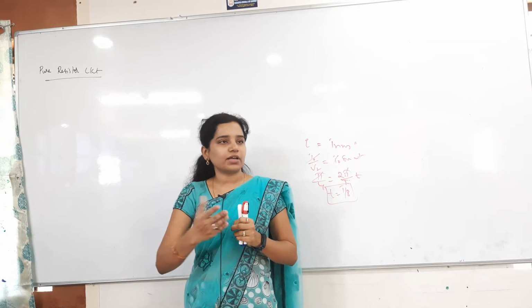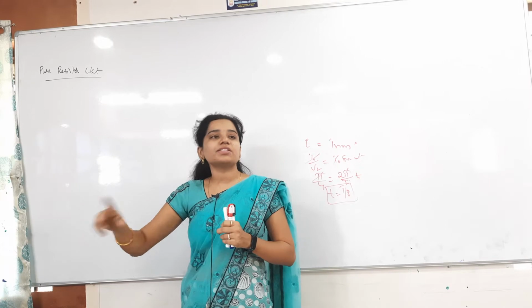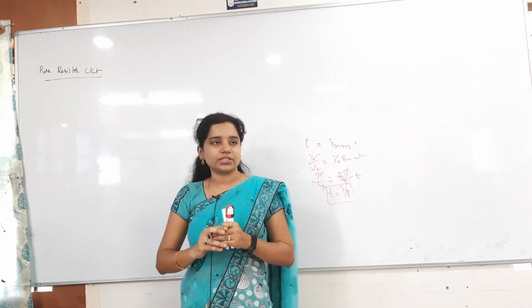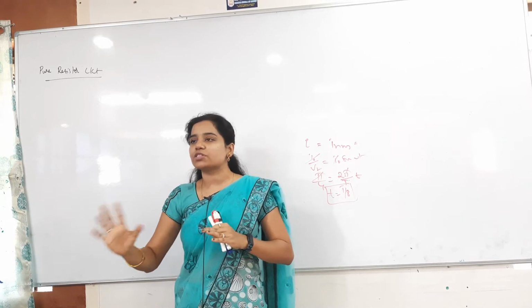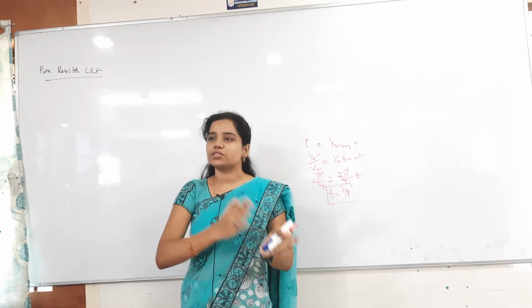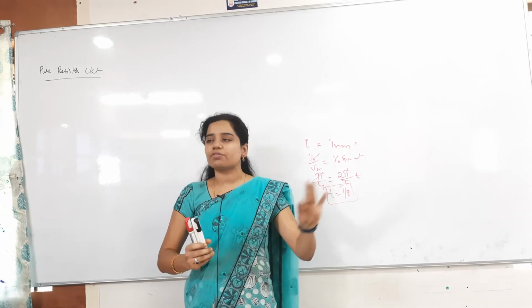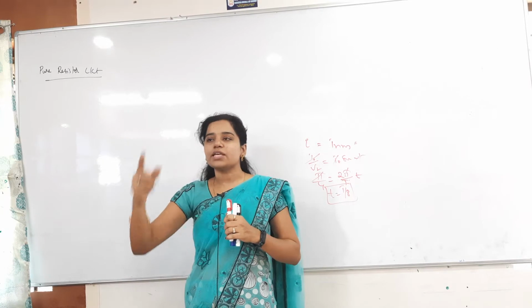If you don't, I will tell you anyway. So XC is equal to 1 by omega C, which means XC is inversely proportional to omega. How to draw the graph for them is an important relation. And XL is equal to omega L, so XL is directly proportional to omega. Then how do you get the curves between XL and omega, XC and omega, R and omega? You have to take the resistance offered by the three components separately, draw the diagrams, and also draw the sinusoidal wave.